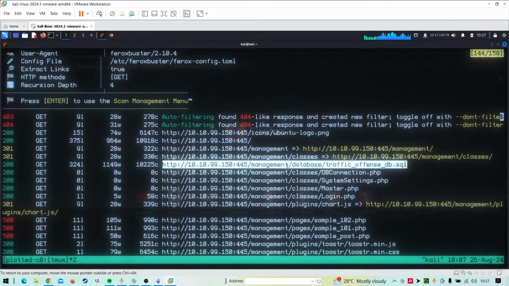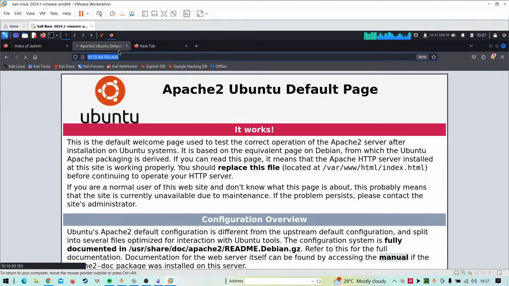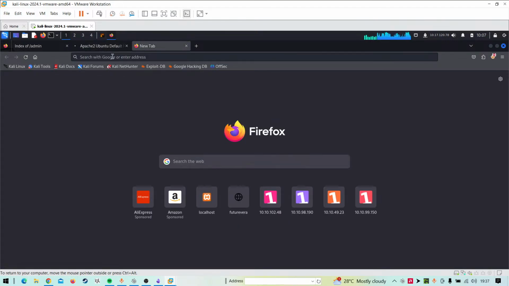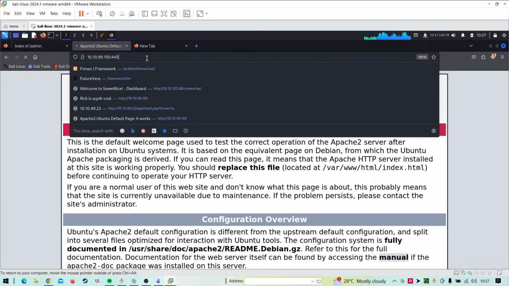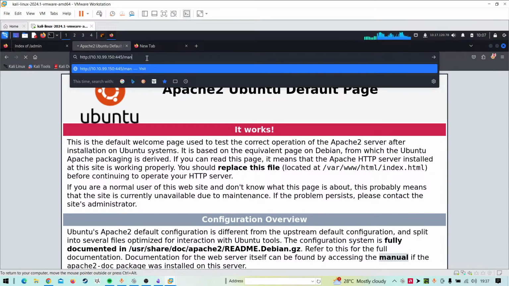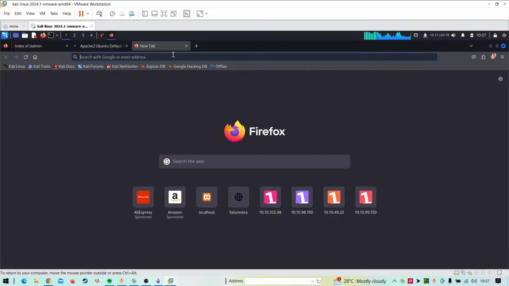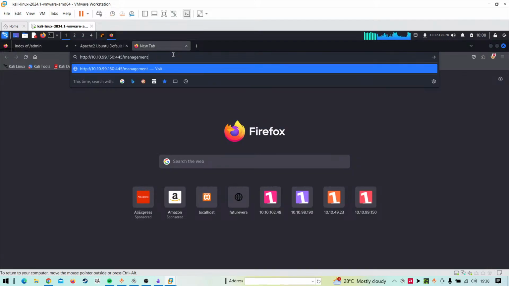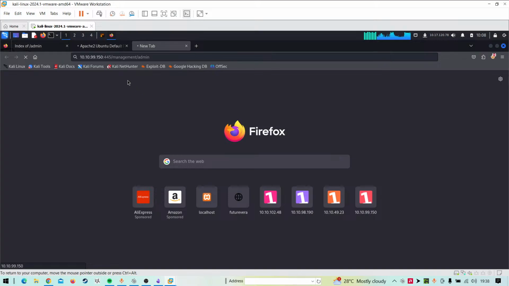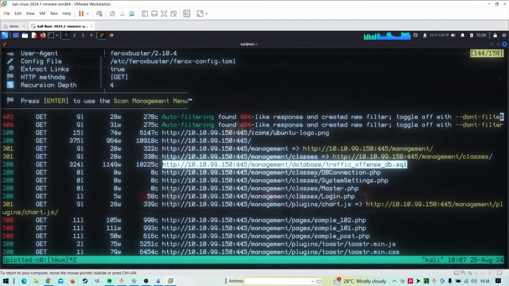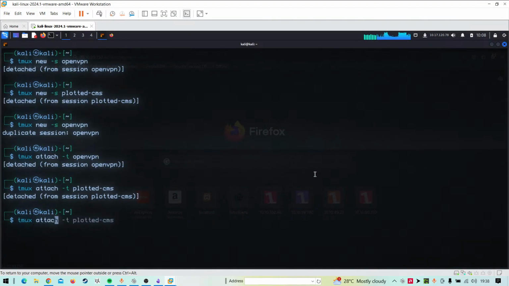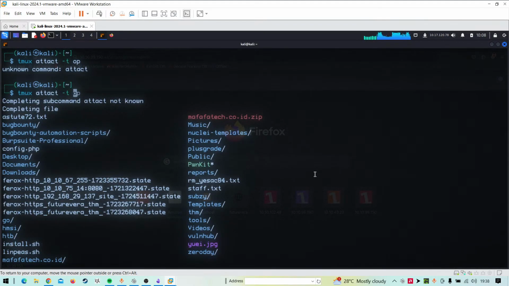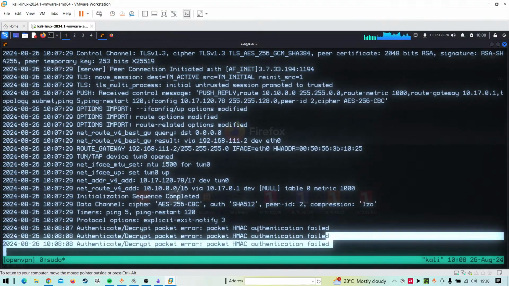Okay, we have some of the SQL files. Let's just refresh. Management, and you can just do management slash admin. Am I again getting, what's wrong with this?